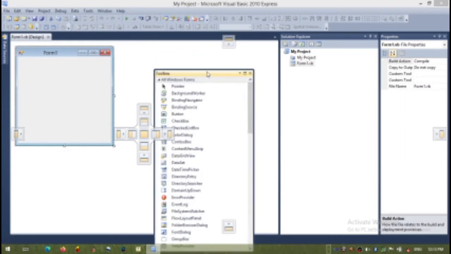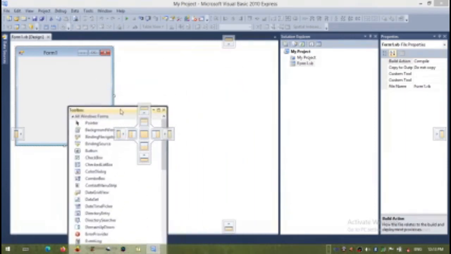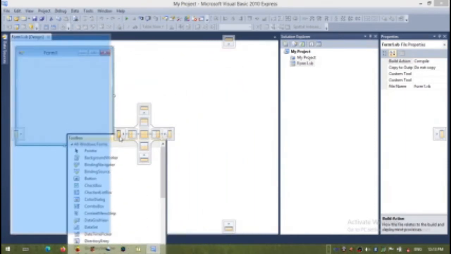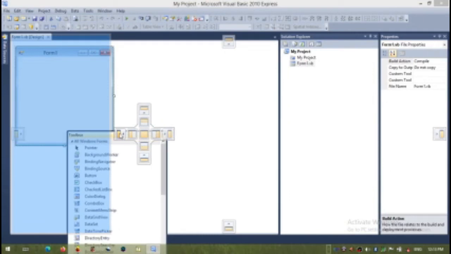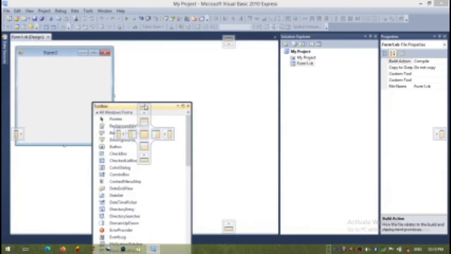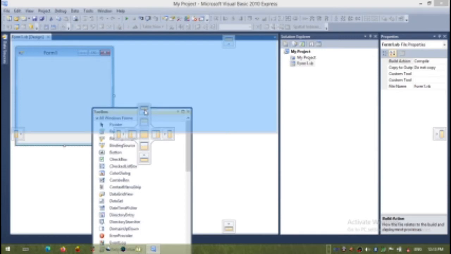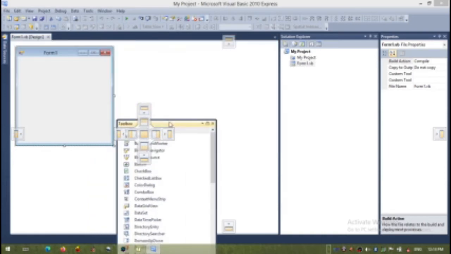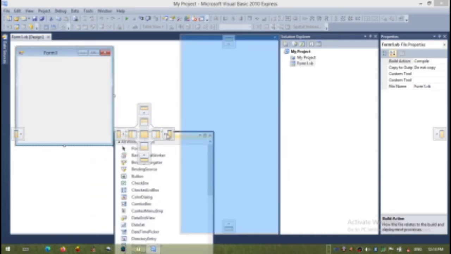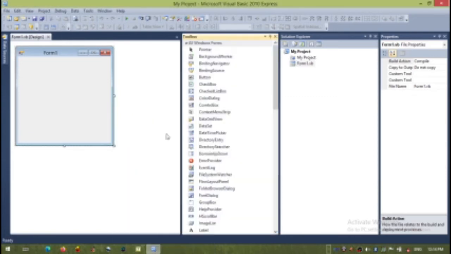We can keep the window to the left side by choosing the left wing of the plus button. We can keep the floating window fixed to the top side by keeping the window at the top side of the plus button. We can keep the floating window to the right side by choosing the right wing of the plus button.